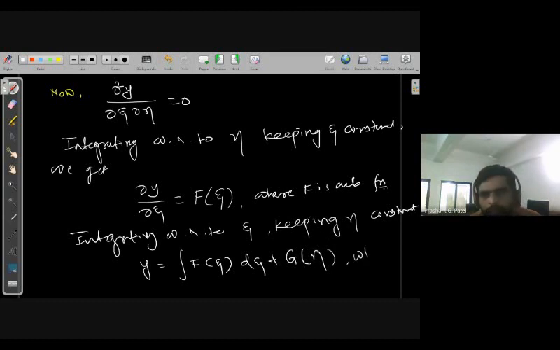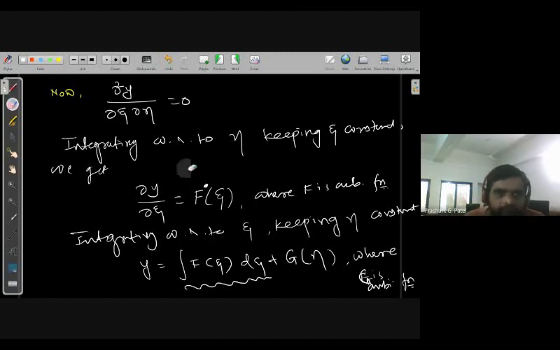Where g is an arbitrary function. I will consider this entire integration, maybe some integration will be there, I will call it f1. If I say this is f1, then the final answer will have y is equal to